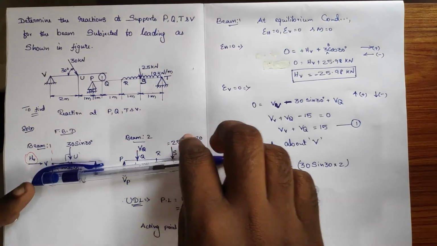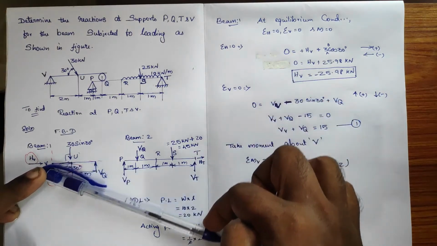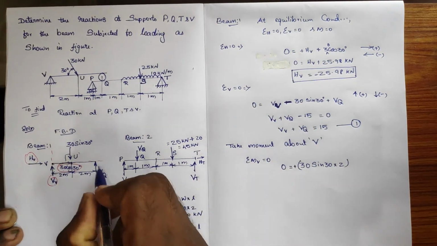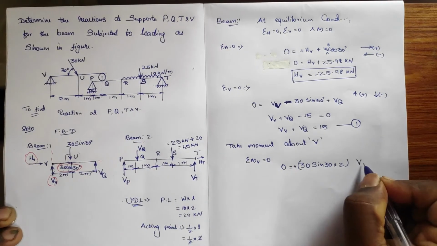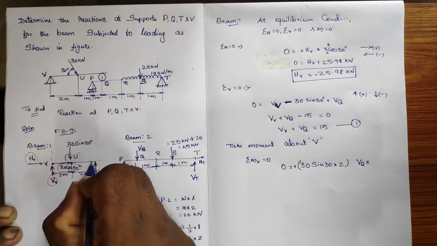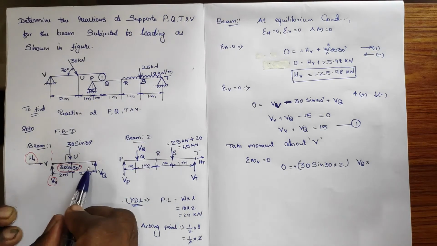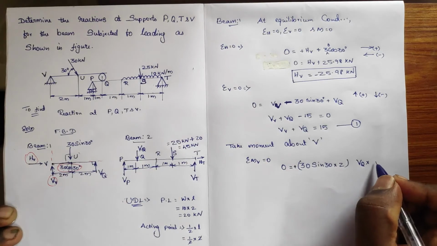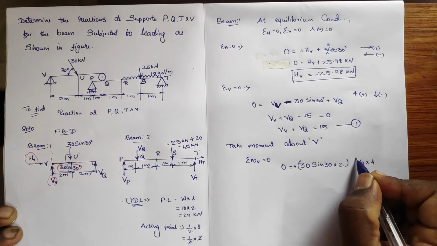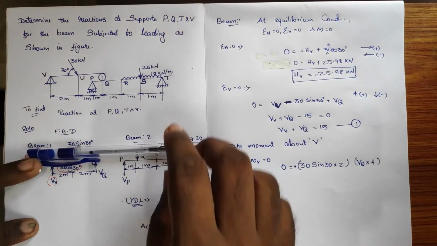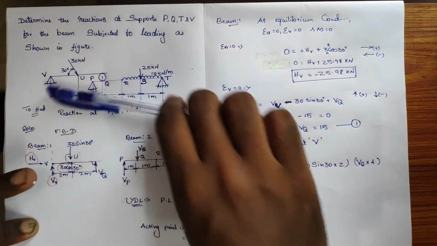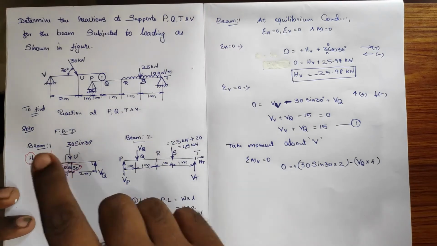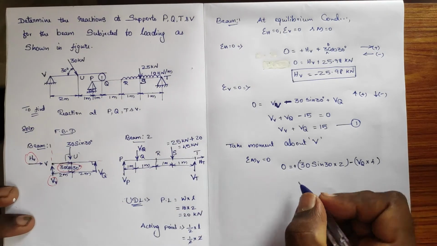And how it rotates, since it is a downward force, it rotates in the clockwise direction, so it is positive. And VQ, its perpendicular distance is from this point to V, so 2 plus 2, which is 4. And how it rotates, it rotates in the anti-clockwise direction, so it is a minus. Okay, it's upward, so it rotates the beam in the anti-clockwise direction.